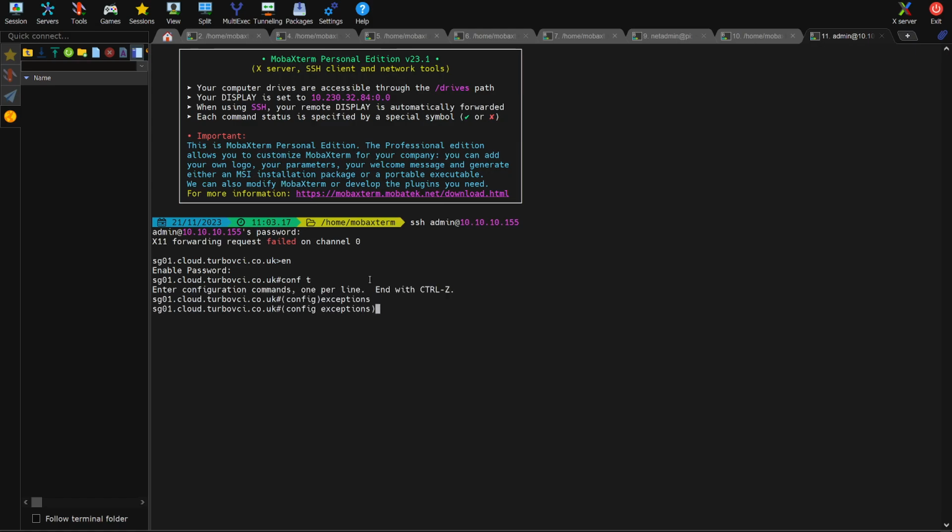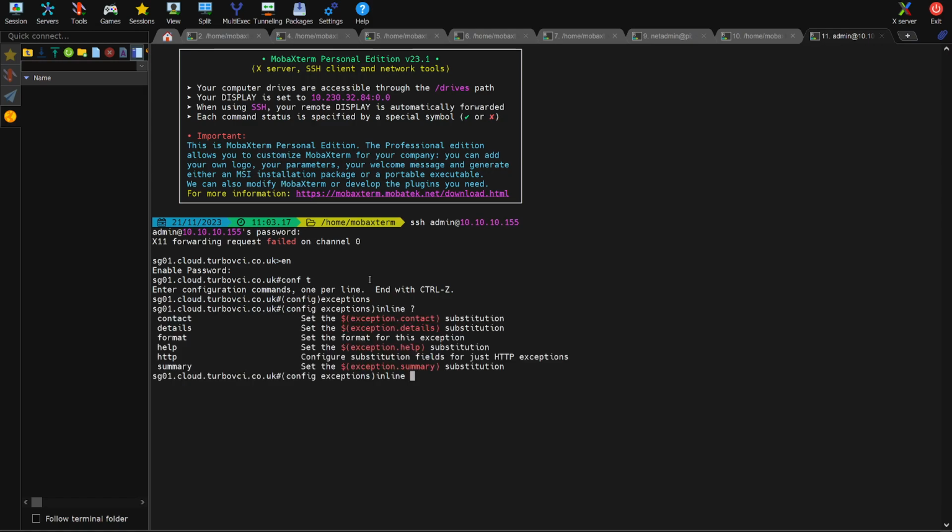So you go to conft, then exceptions, and then you go inline, format, you set your start and end of file character. I don't know, I normally just do that. And here you would hit enter, you would put the entire exception file,